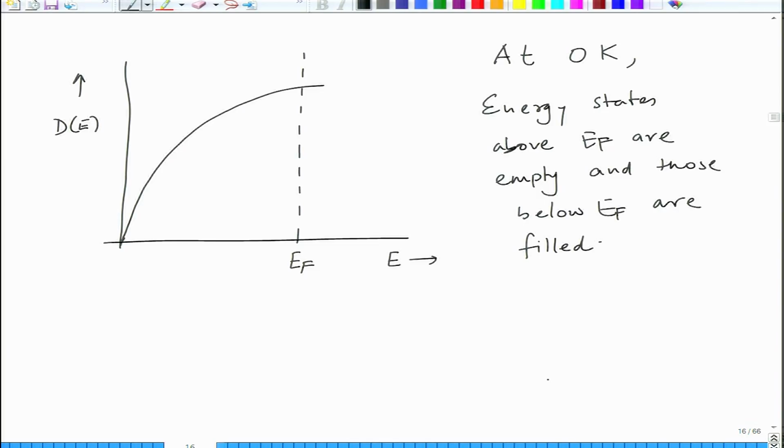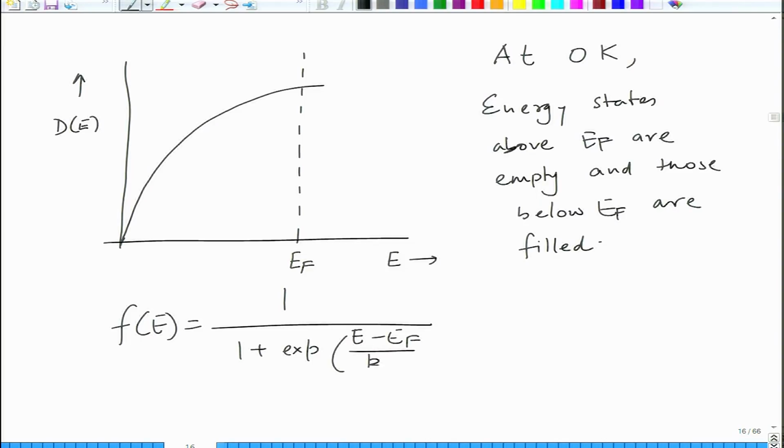Basically, Fermi energy is defined by Fermi-Dirac statistics, which gives the probability of energy occupation. So, F(E) is equal to 1 over 1 plus exponential of E minus Ef divided by kBT. When you plot F(E) as a function of E, at 0 Kelvin